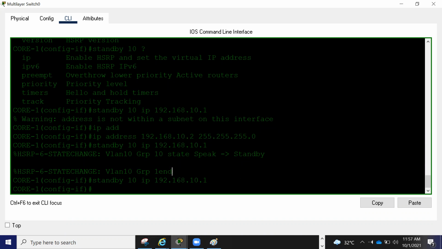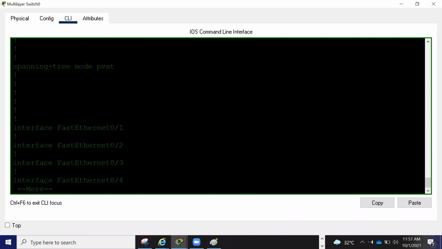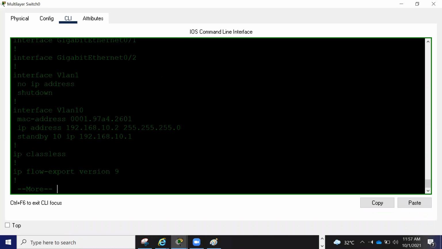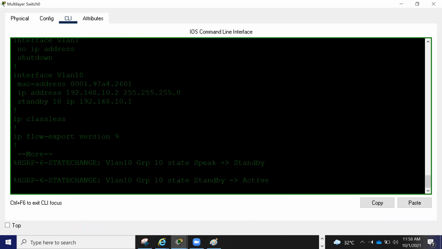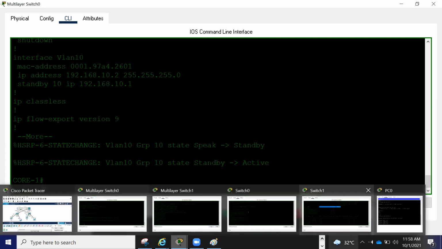Okay, that's fine. So if I go and check what I did just now, show run. If you go to the interface, now see here, you have given the virtual interface, IP address, and the standby 10. So this is actually your virtual gateway. On the physical interface, there will be a virtual gateway. So similarly, I copy that.